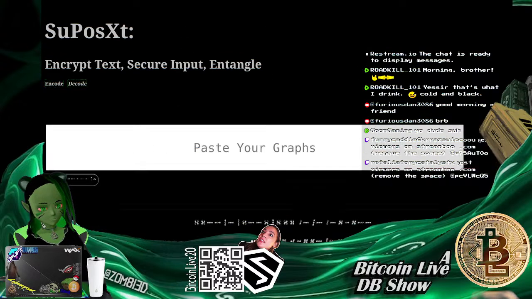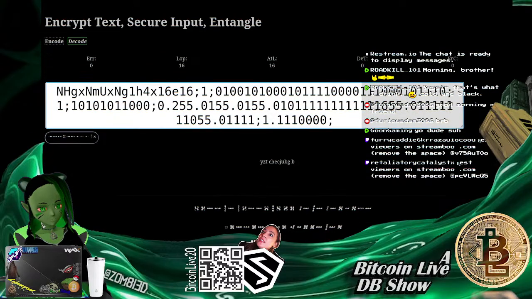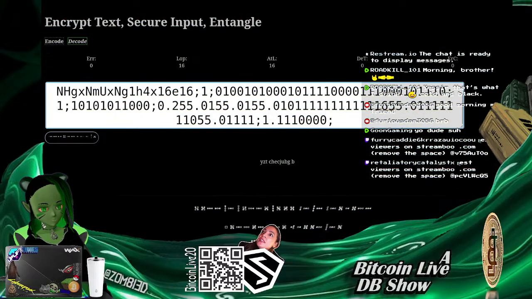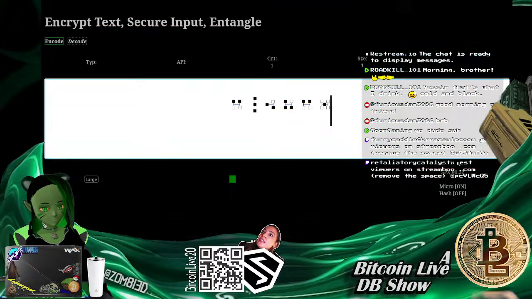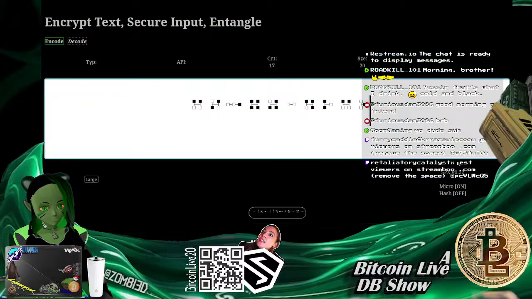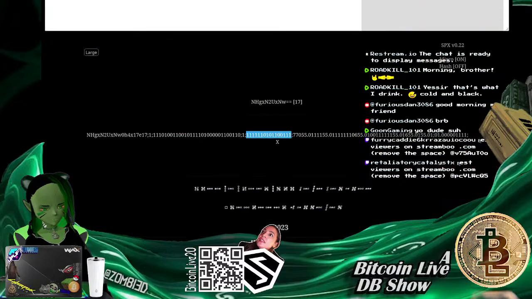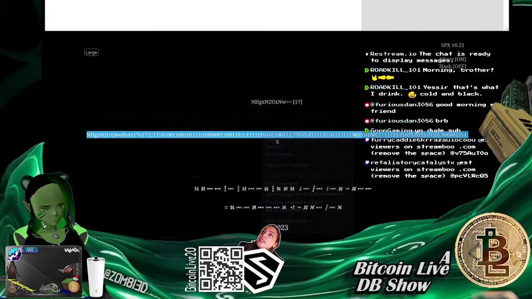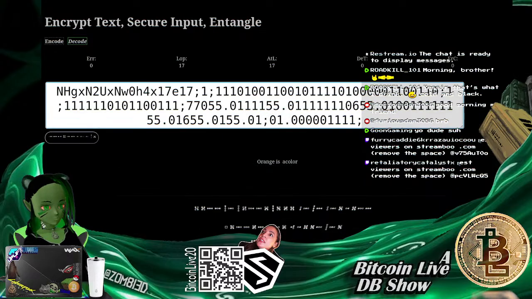I'm going to go to decode. Yeah, I didn't spell that properly. Let's try that again. I think I missed a space or put a space in the wrong spot. But you notice I can't even see what I'm typing, and it's getting it right.